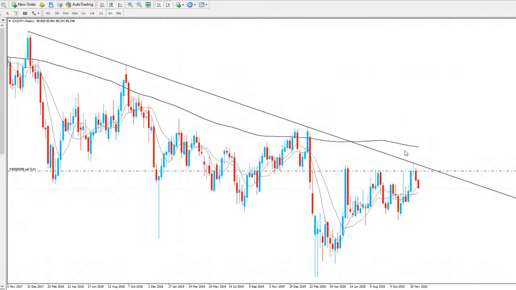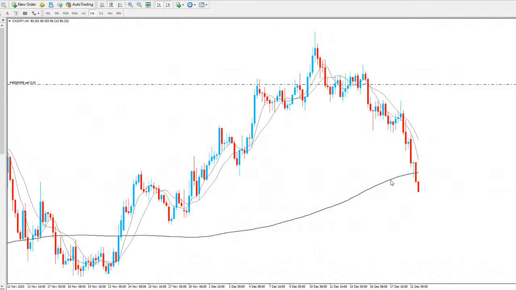So again, it can go a lot further, and we can just look to enter later in the future. But for now, going to be holding to that trade just for a little bit. You can see we are looking very bearish there, broken the 200 moving average as well. So going to see how far that can continue.